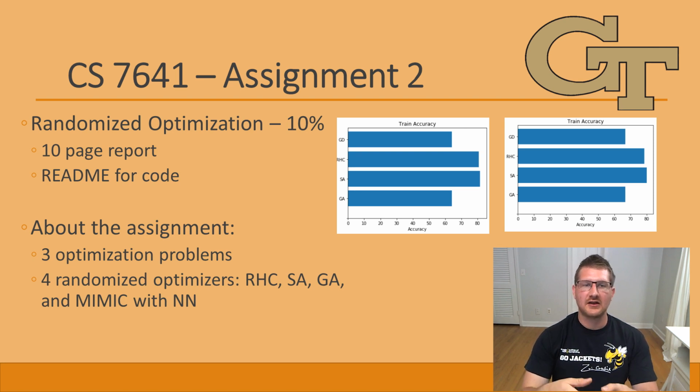For this assignment, the report was a bit shorter at only 10 pages compared to 12 from the previous assignment, and I thought this assignment overall was the most manageable for the entire course. This assignment was made up of comparing 4 different randomization optimizers: randomized hill climbing, simulated annealing, genetic algorithm, and MIMIC, along with using the neural network from assignment 1 against 3 different optimization problems. This assignment, like the first, was really enjoyable and helped you better understand the techniques that you were talking about